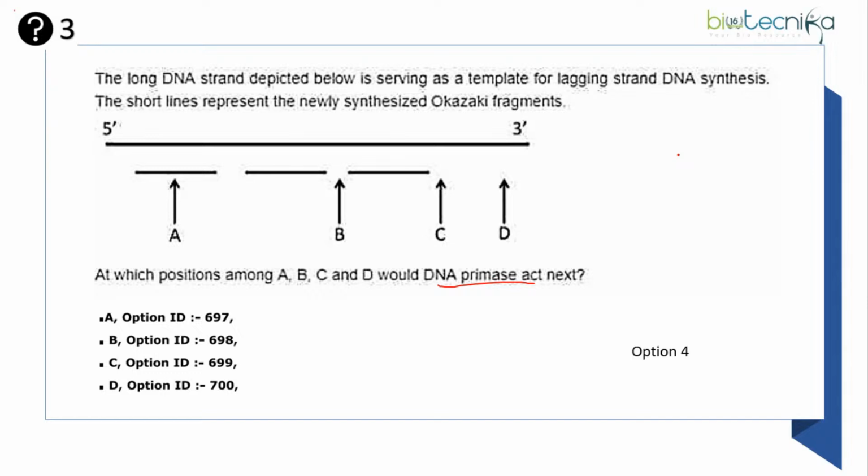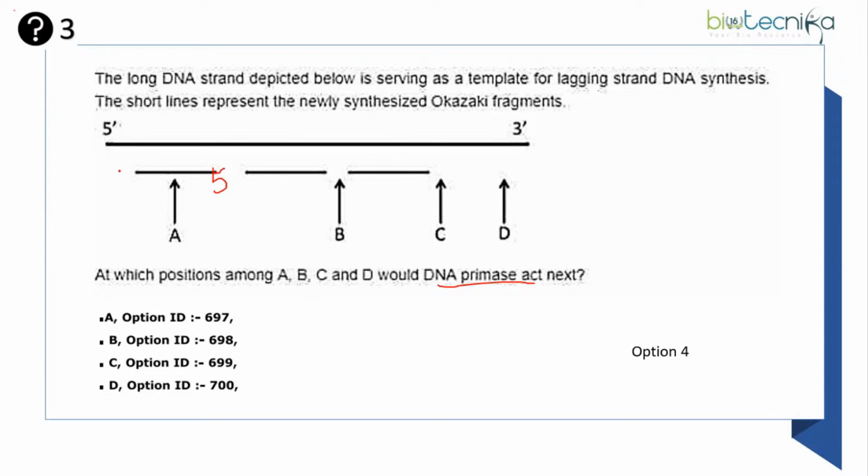So the correct answer is D. Why? Because as you can see here, the Okazaki fragments have been synthesized already. Okay. So if it has been synthesized, just check this out. This is 5 to 3. That means this is your